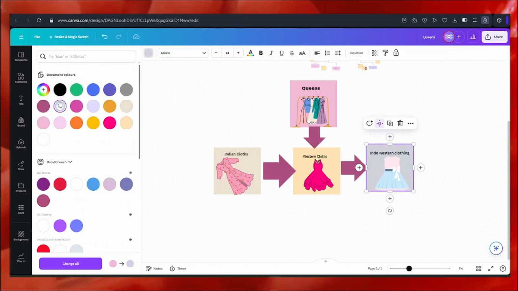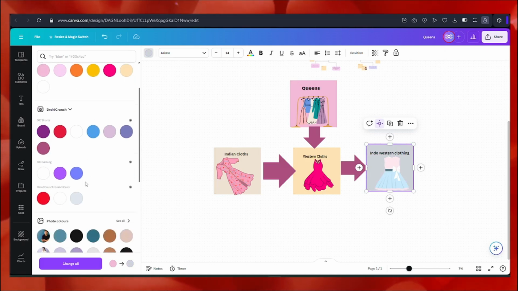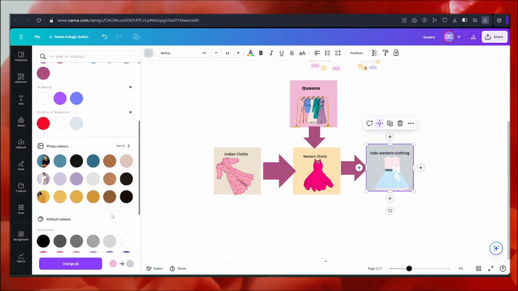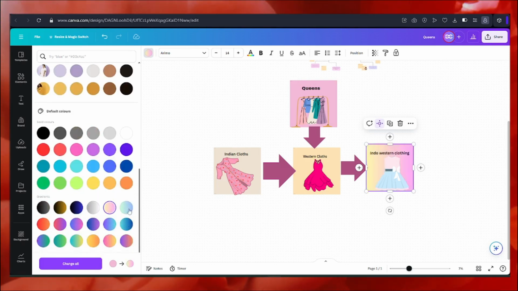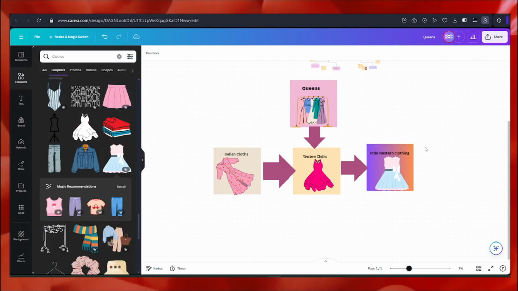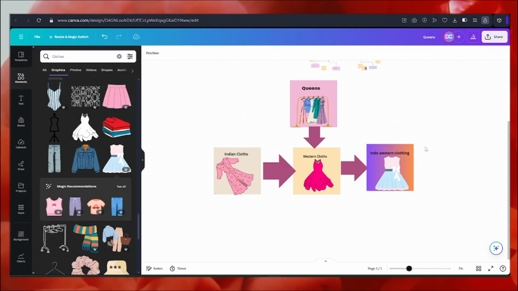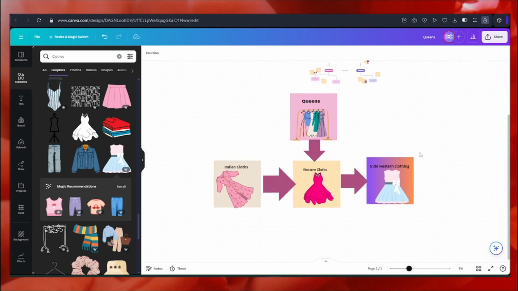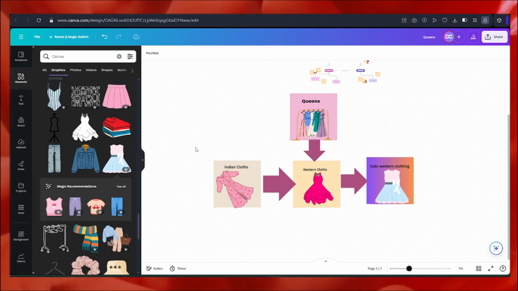There is no hard and fast rule that if you have chosen a graphic or a sticky note, you cannot change the color of it or make any changes with the fonts. You can do it in whatever way you wish. I am leaving it at this. So as you can see, I have created this mini little flow chart, and if you want to add any more information, like how many employees are working in this brand, what are their payments and everything else,